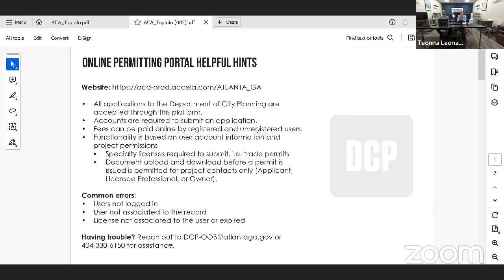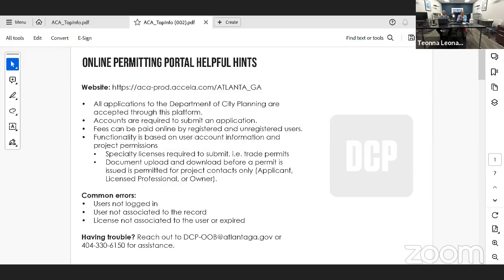Okay, so the first thing is the website itself. You can reach the Accela website from the City of Atlanta's webpage, but if you just want to go to it, the website address is at the very top.